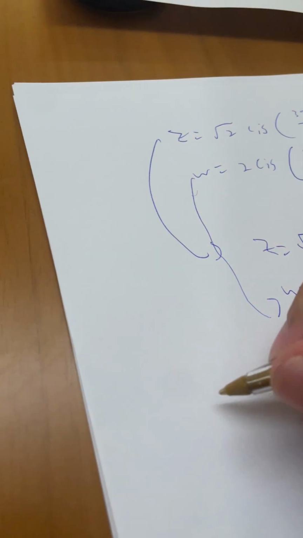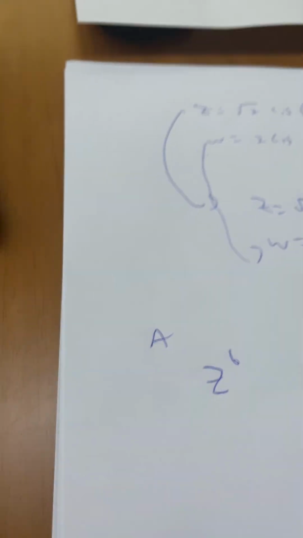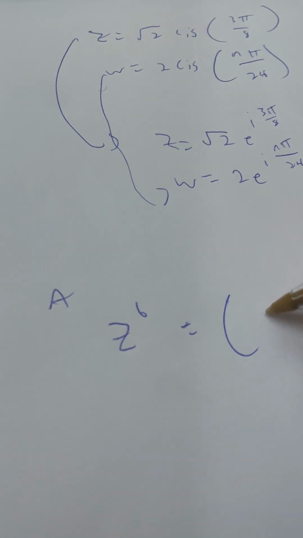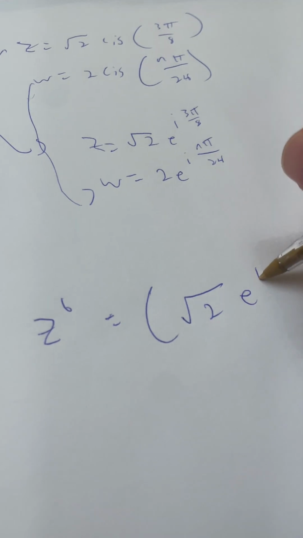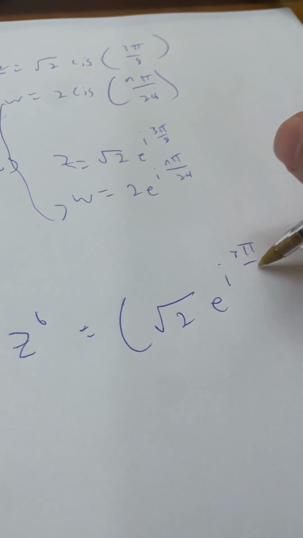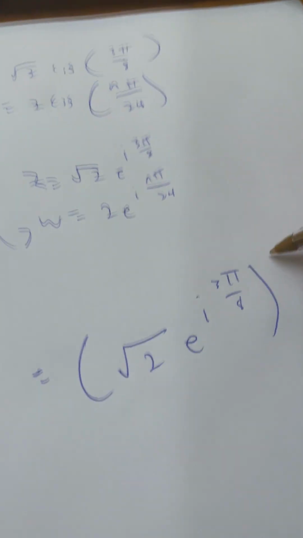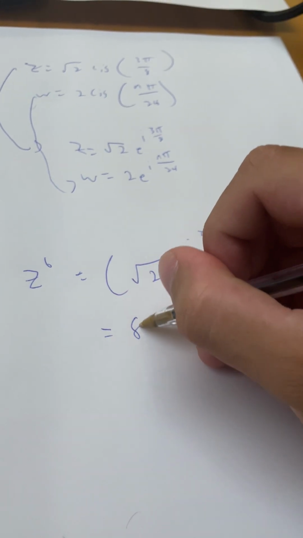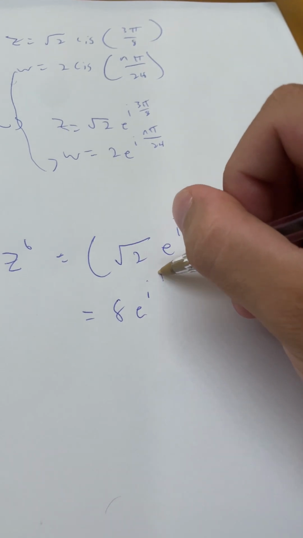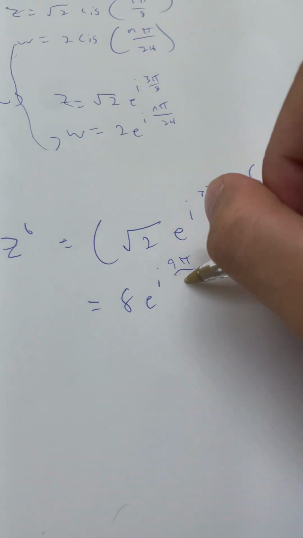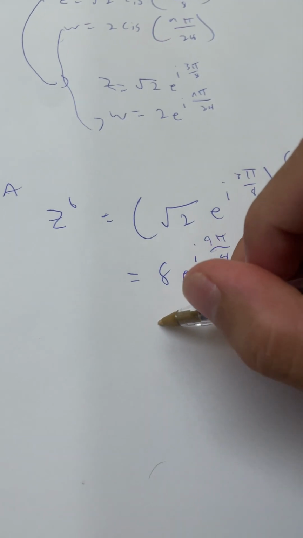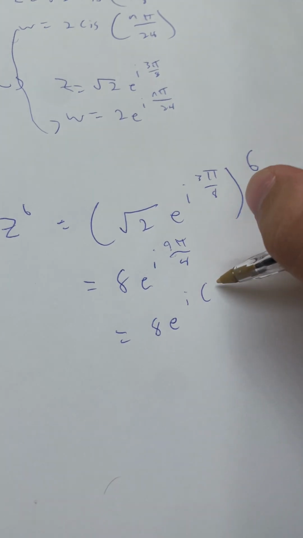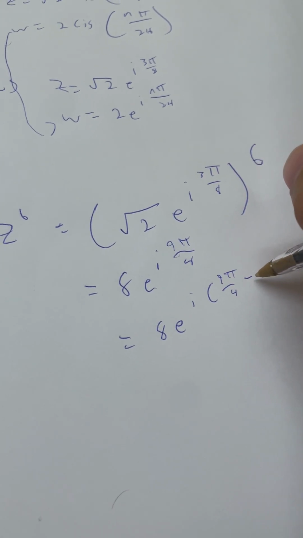Okay, now going to part A, we want to find z to the power of 6. So how do we do that? We just get the z and we just rearrange. So square root 2 e to the i 3 pi over 8, and we put it to the power of 6, and so then we would get 8 e to the i of 9 pi over 4, simplifying 18 pi over 8 to 9 pi over 4, minus